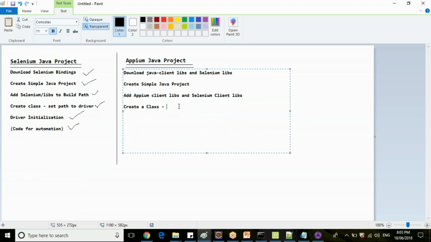So create a class, set up mobile desired capabilities here. Then driver initialization. What driver will you declare here? In Selenium Hub, what driver were you using?